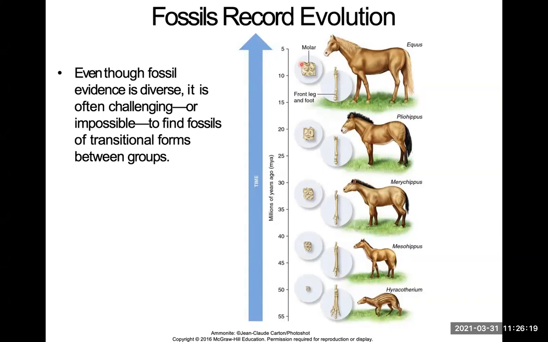But we do have one perfect example, and that's this one here. So now there are no missing links between the ancestor of a horse and the modern horse. So the ancestor of the horse was called Hyracotherium, and they were able to find all the links between Hyracotherium and today's modern horse Equus. So we were able to find all the changing species in between. So there are no missing links. It's a perfect example of evolution.